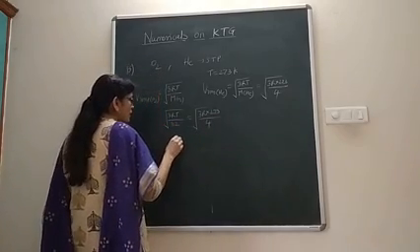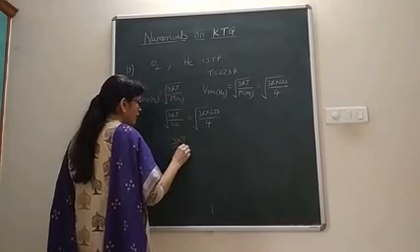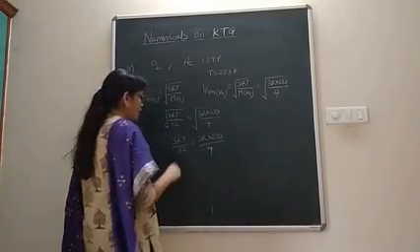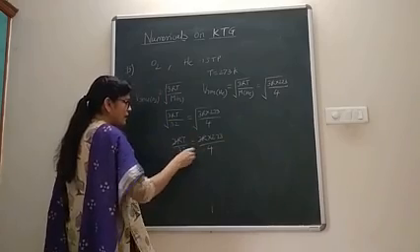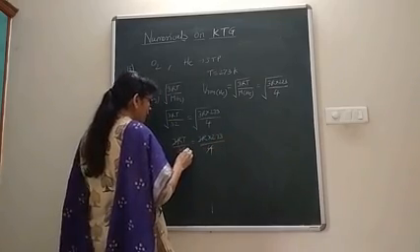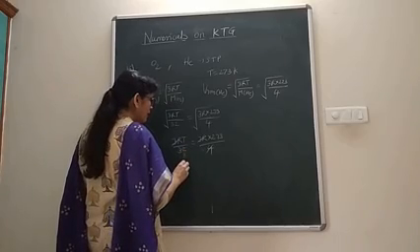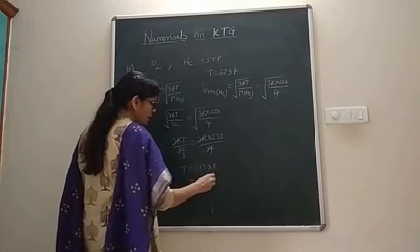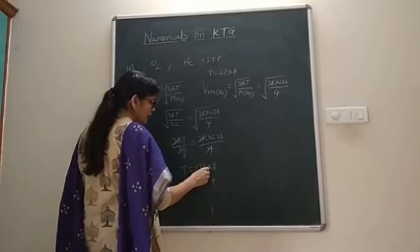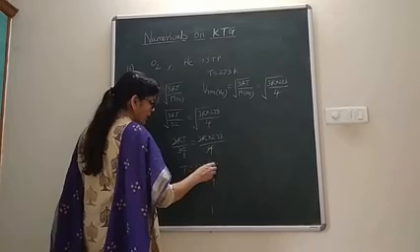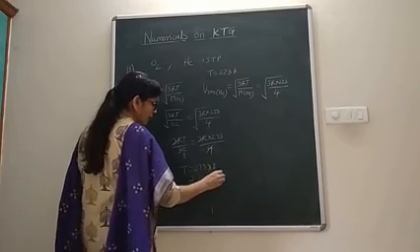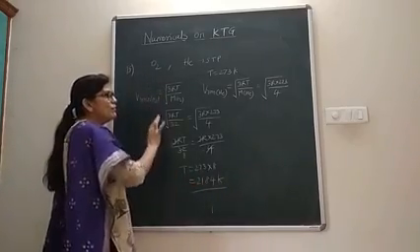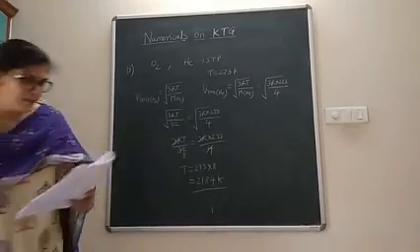So first, let us cancel the square root from both sides. 3R will get cancelled. 4 1s are 4 and 4 8s are 32. So I get T is equal to 273 into 8. So 8 3s are 24, 8 7s are 56 plus 2 is 58, and 8 2s are 16, plus 5 is 21. So 2184 Kelvin. So this way, if you know the formula, you can calculate it.